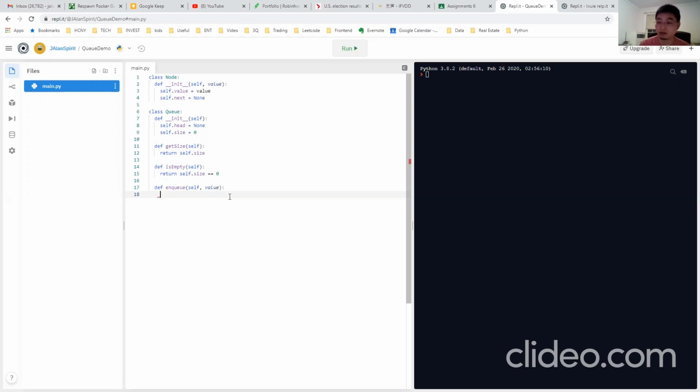Holding the new node. Right? That's a new node. What's the next step? Victor, what am I supposed to do next? Self.head equals to 1. Why self.head equals to 1? I didn't get that.